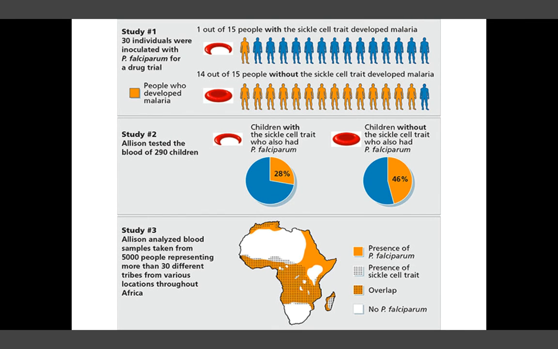In his third study, he took samples of over 5,000 people all over Africa and found that in the areas where the plasmodium was present in high prevalence, so was the sickle cell allele. In this particular environmental situation, the S allele is viewed as being advantageous and thus is passed on to the next generation. But if the S allele infection in an environment